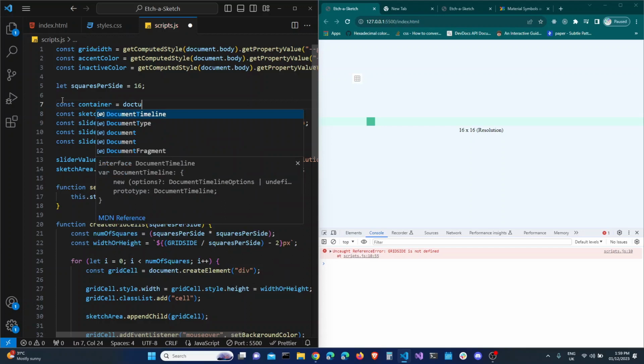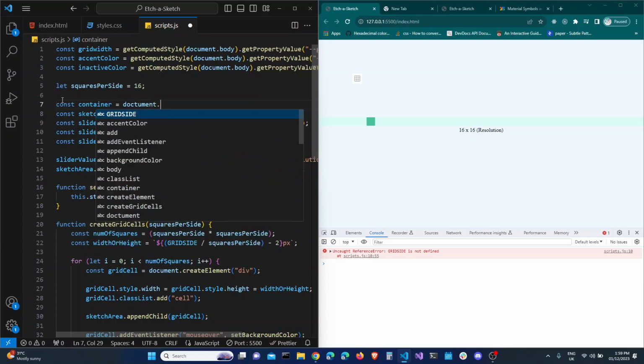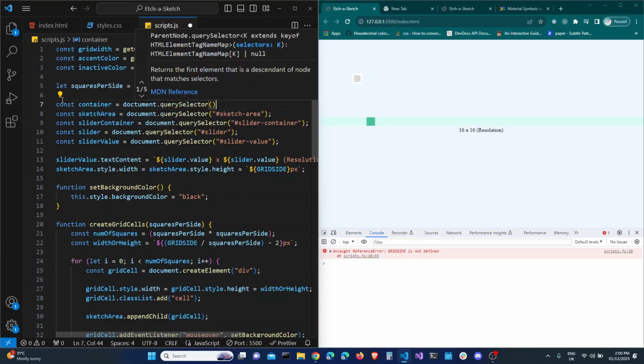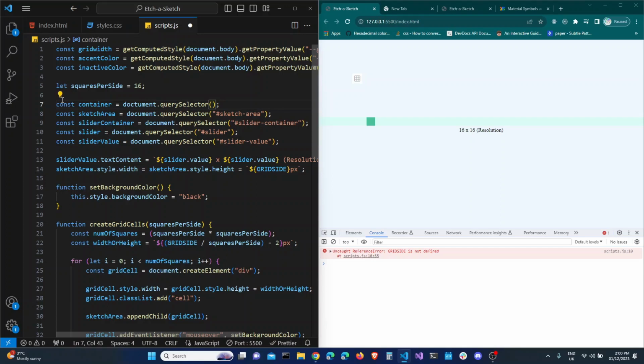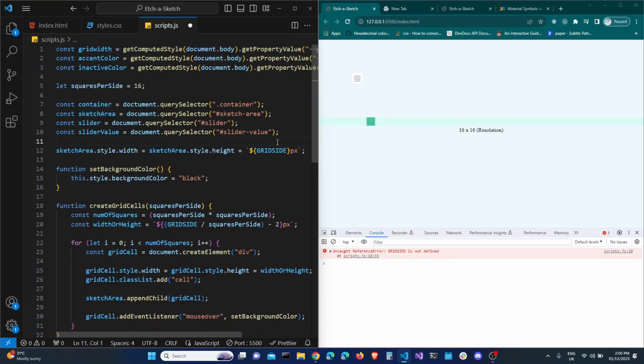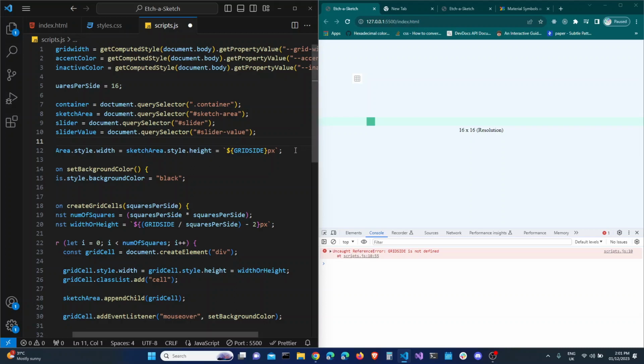We'll just go as usual, document.querySelector, and then we'll just pull in our container. Okay, and obviously we've removed this slider container thing, so we have to remove that also in our JavaScript. And we can also go ahead and remove this slider value over here. Then we would also remove our sketch area from here,